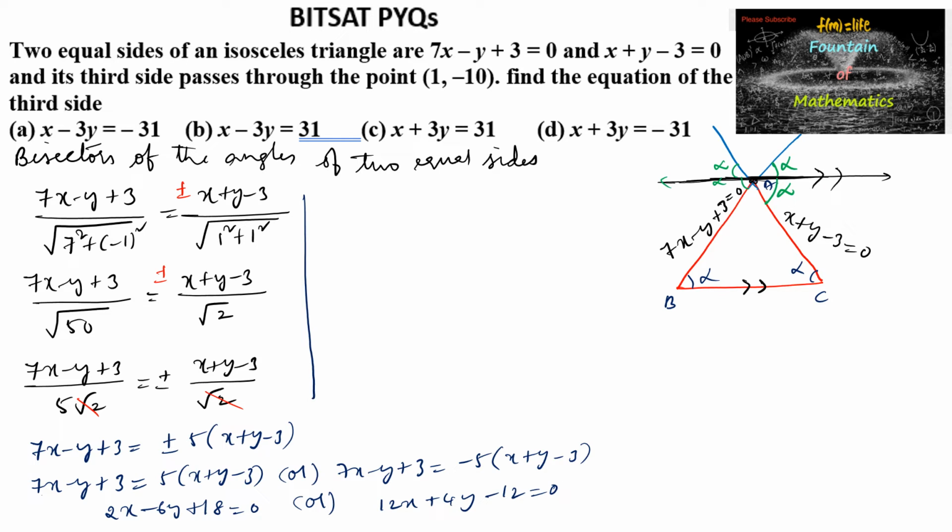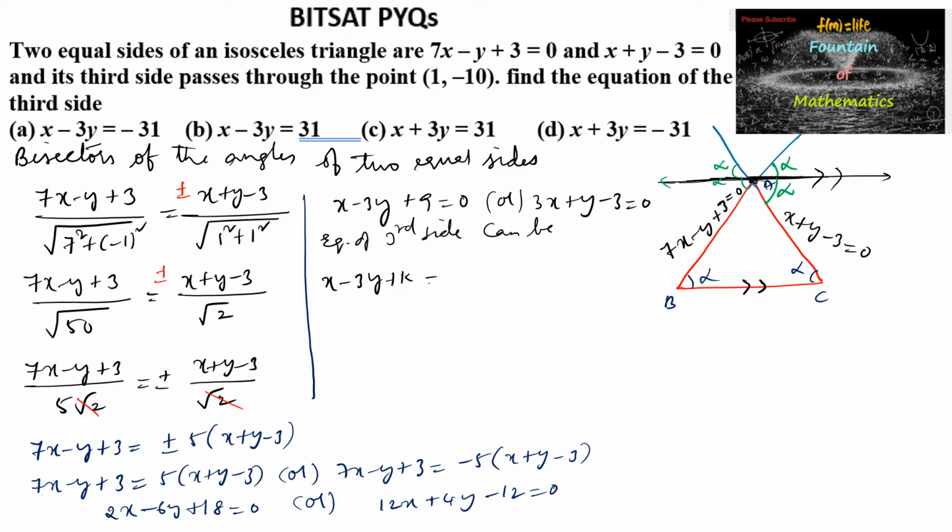So we are getting two line equations. By taking 2 common, we get x minus 3y plus 9 is equal to 0, or by taking 4 common, 3x plus y minus 3 is equal to 0. And since we require a parallel line, the equation of the third side can be, since they are parallel, x minus 3y plus some constant k1 is equal to 0, or 3x plus y plus some constant k2 is equal to 0. Since our line is passing through (1, minus 10),